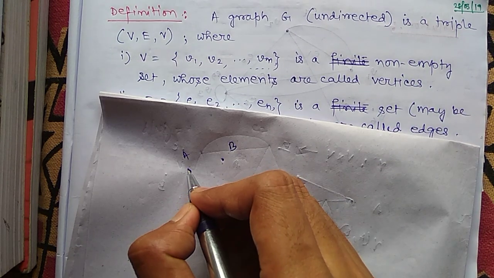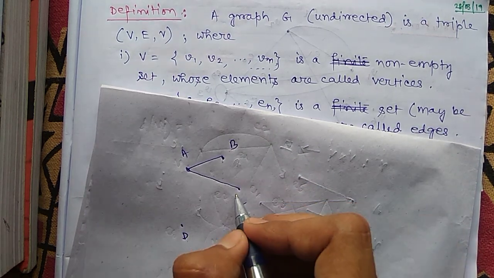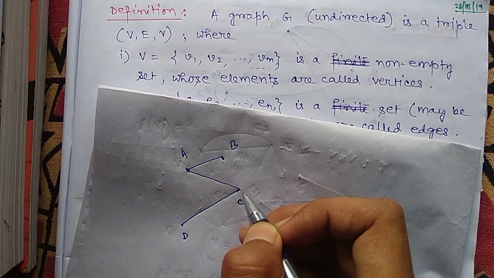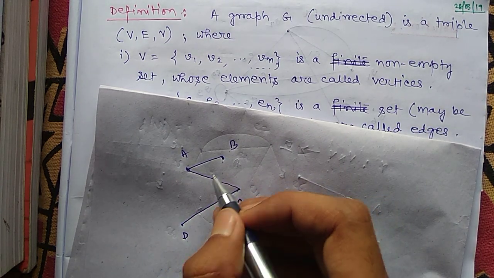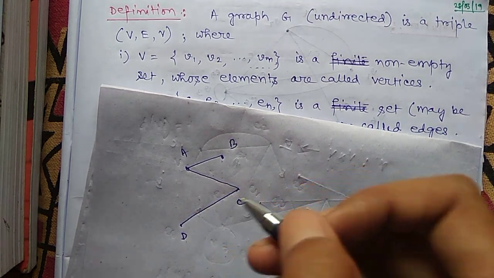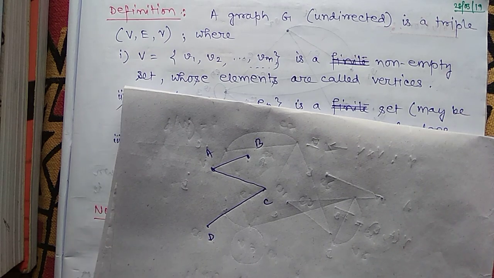Suppose A knows B, A also knows C and C knows D, but B does not know C or A does not know D. So there is no line between B and C or A and D. Okay. So this is the pictorial representation of the above discussion. Indeed, many real world situations can be described by means of such drawings, which we will call graphs.